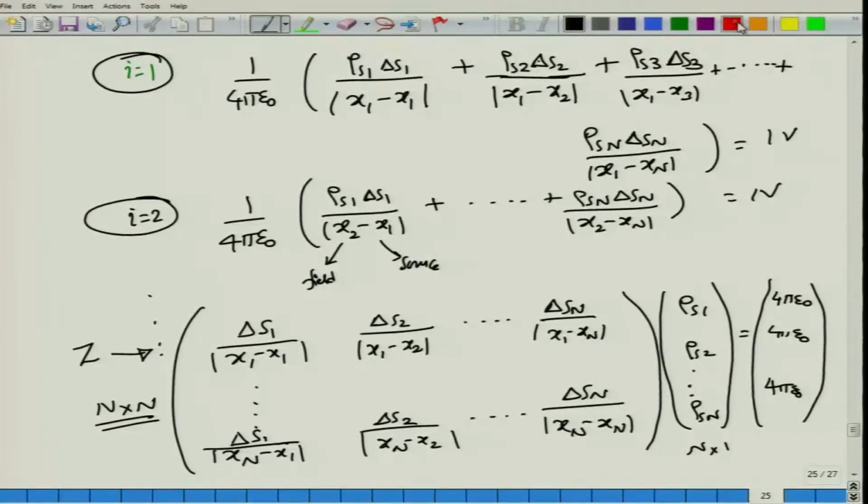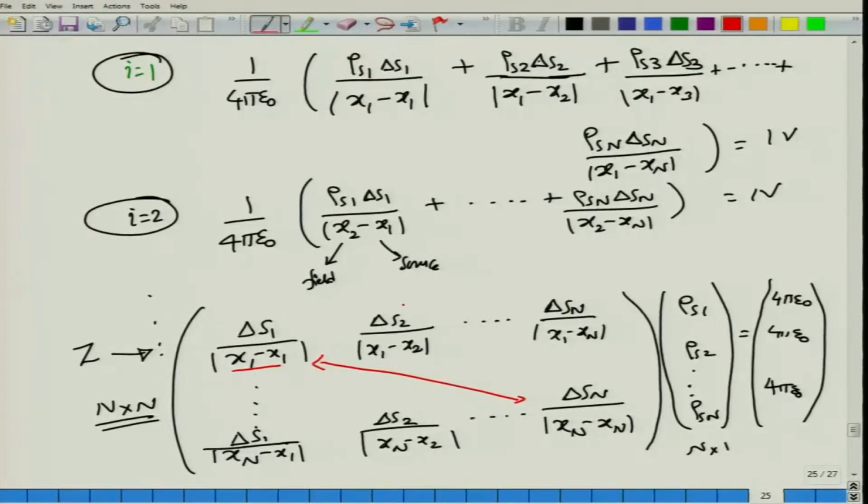Okay, there are two things that you would immediately recognize. If you look at the diagonal elements, they are all going off to infinity. Why? Because there is an x1 minus x1, which obviously will be equal to 0. So this diagonal element will shoot up to infinity. Similarly, there will be x2 minus x2 in the second row, second column, that will also shoot up to infinity. The last row and the last column will have xn minus xn, which is again 0, and therefore this will also shoot up to infinity. That is the first observation that you are going to make.